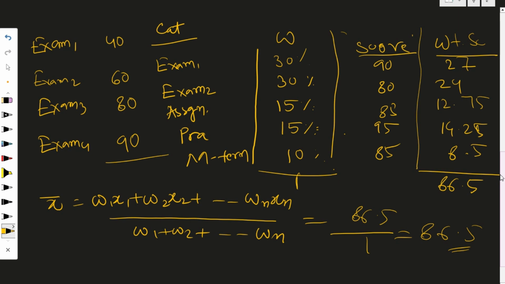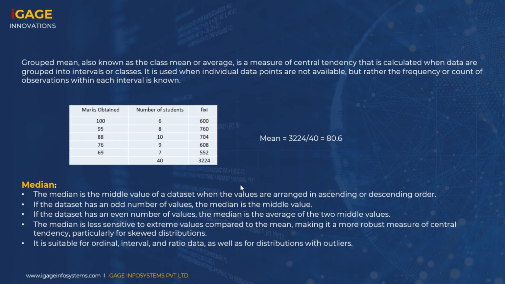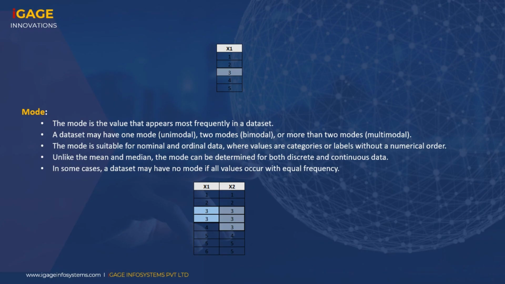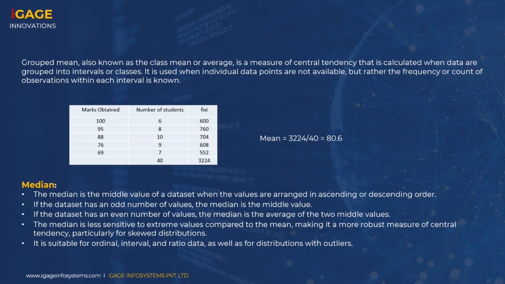Right. Now let us firstly cover median and mode. Okay, so we are a little behind. So median is basically the central value of a data set. Basically, the median is the middle value of a data set, and it is the middle value when we arrange it in ascending or descending order. First we have to order it in either the ascending or the descending pattern, and then the middle value will be